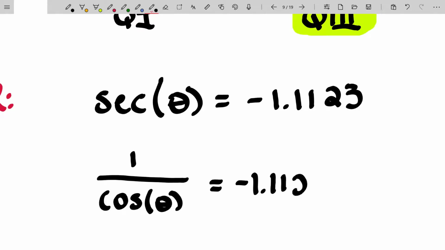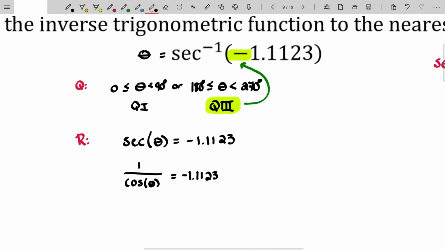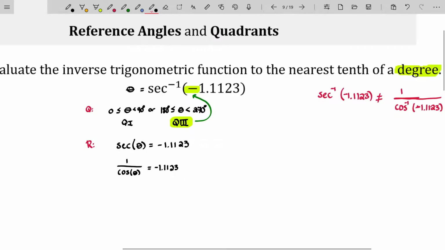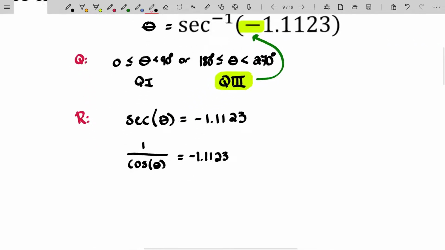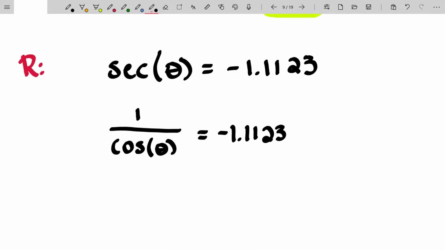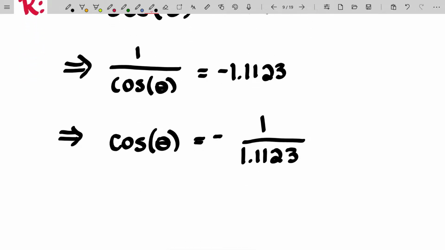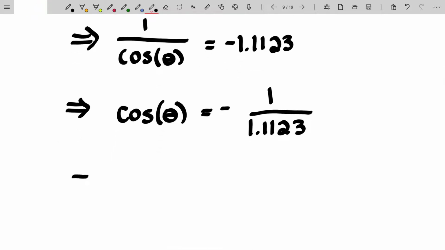And you will see a significant difference between the secant inverse of negative 1.1123 and what we thought it should be, which is a 1 over cosine inverse. It's not going to be that. Now take the reciprocal of both sides to isolate the cosine. So I'm going to write the implication signs here. This implies the cosine of theta is equal to a negative 1 over 1.1123. And now I can actually find my reference angle here by noting this will imply theta hat, I should say,